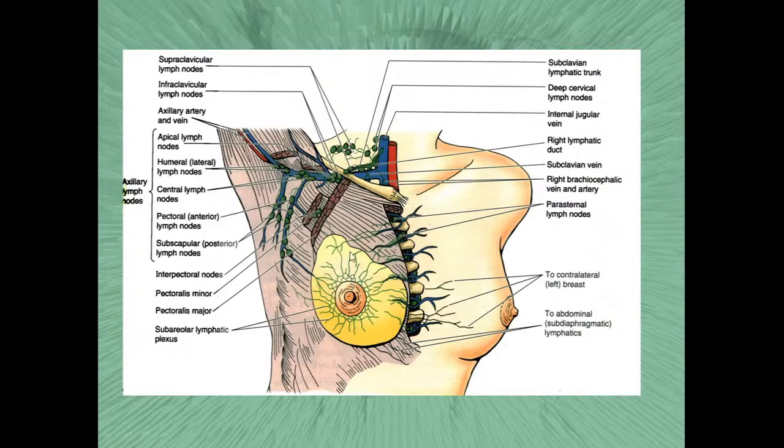From the middle quadrant, it can drain into the parasternal lymphatic nodes, and then to the anterior mediastinal lymph nodes. From the inferior quadrants of the mammary gland, lymph drains to the lymphatic nodes of the abdominal wall,